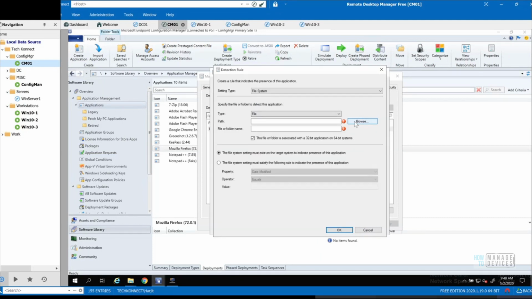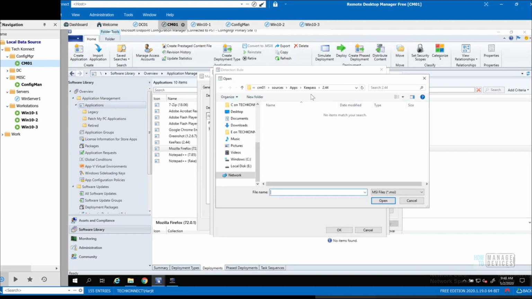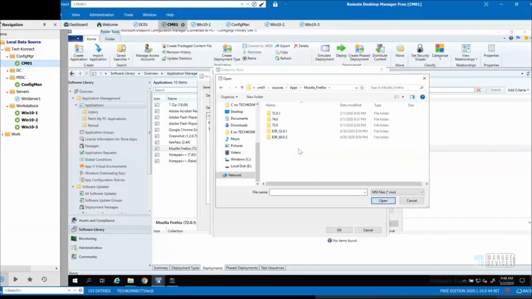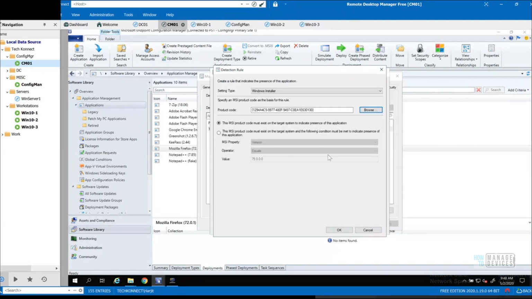I'll say add a class. I will say Windows Installer, browse, go look at that folder, click on that MSI, and automatically it gives you that hash, which you can copy and use on the other side. Plus, at the same point in time, it gives you that version number for that file. So instead of you trying to figure out what it is, that's all you can do. So I usually just copy this,